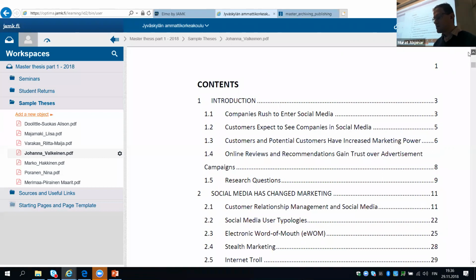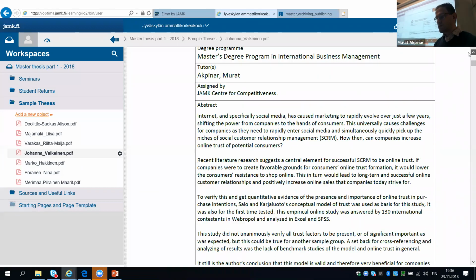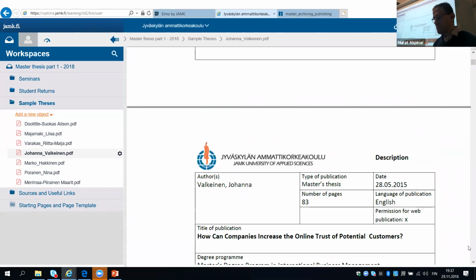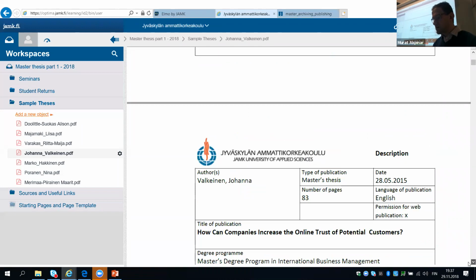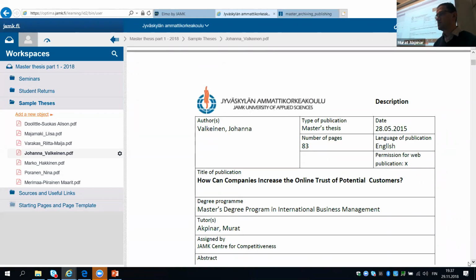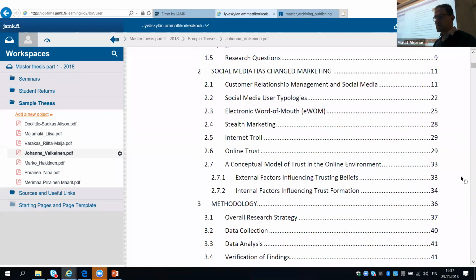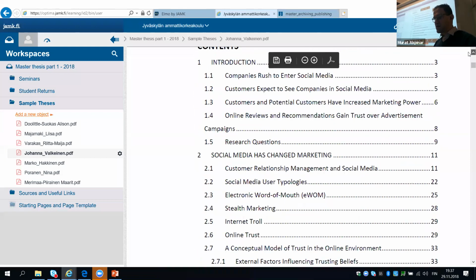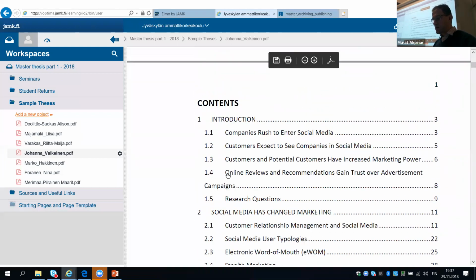Okay. Let's look at the title of the thesis. How can companies increase the online trust of potential customers? The core of the question is about online trust of potential customers. We want to increase that, right? And so far, we have had 3 sections, nothing about trust. And that trust comes at a, let's say, relatively late stage here in section 1.4,